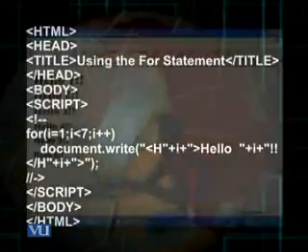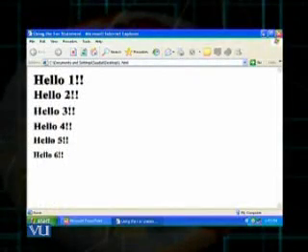You can see again the result. At the top, level 1 heading, hello1 is printed. Then you can see hello2 second level heading, then hello3, hello4, hello5, hello6. So because of this for loop, I was able to create 6 different levels of headings in this fashion, as you saw in the previous example.